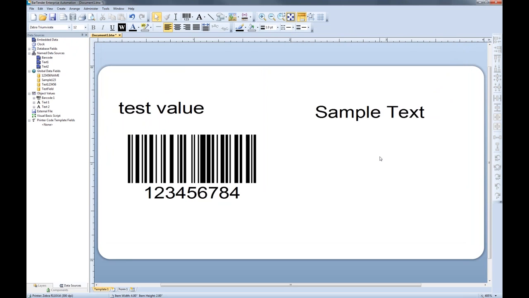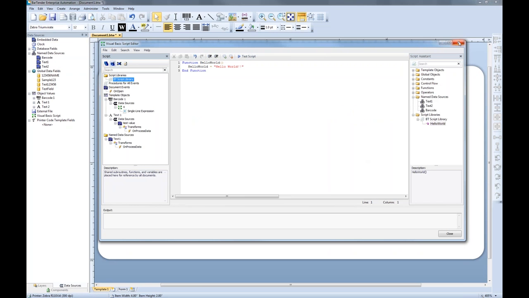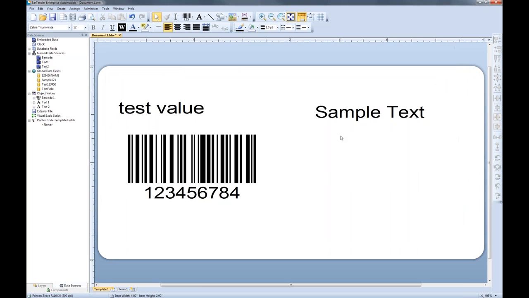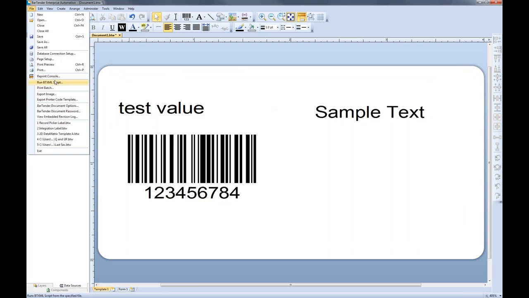So let's go ahead and close that out. Now, the only thing that you cannot write a VB script for via the edit and the scripts option is for print code modifiers. So if you need to manipulate your print code and write a script for it, you would